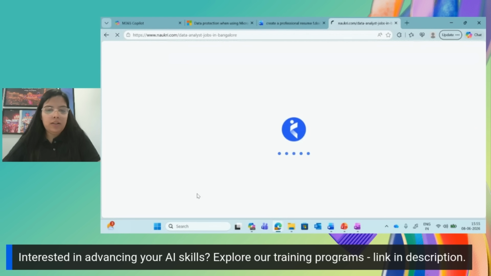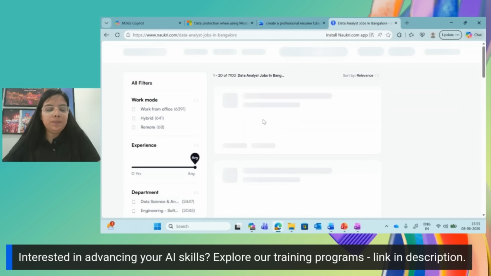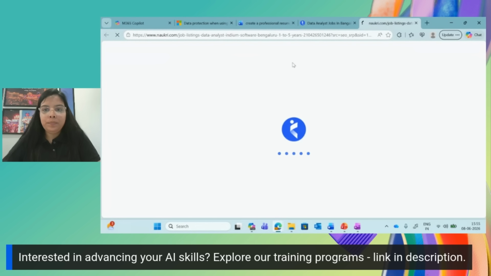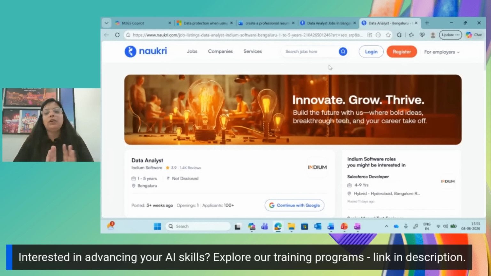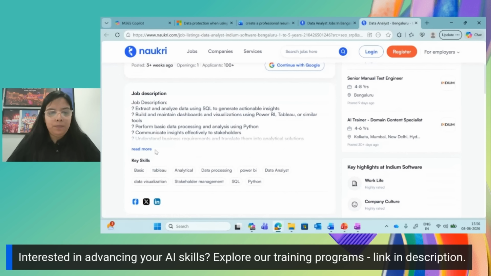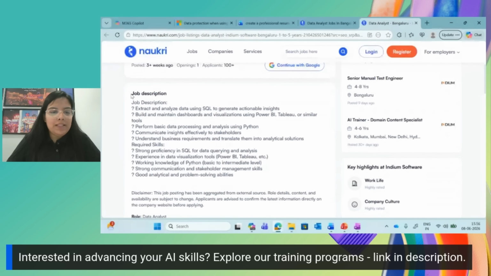Let me take the details from here. Okay. Now let's say I want to apply to this particular organization, which is asking for 1 to 5 years of experience, location, and everything is mentioned. Whenever you apply for any role, maybe an IT role, maybe an HR role, any role, you will get its JD. So we'll copy this JD